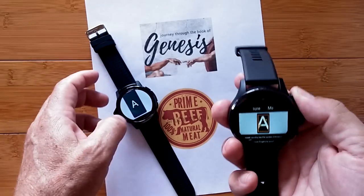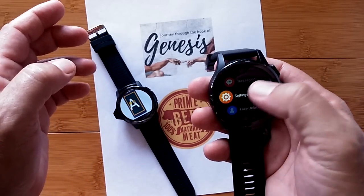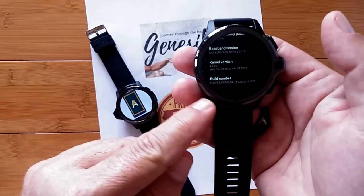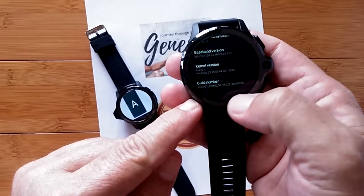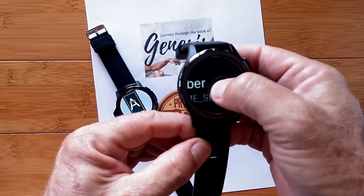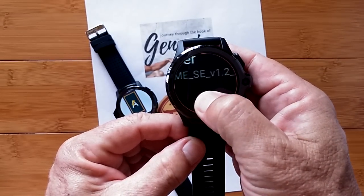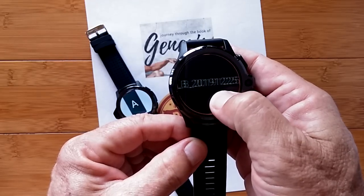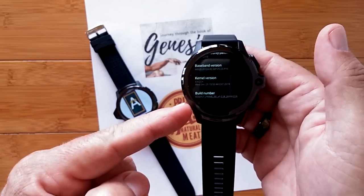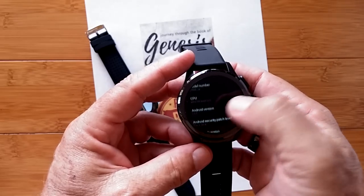But it does allow you, whenever you're in someplace, for example, into your settings, and all the way down to about the watch, and all the way down to your build number. I'm always telling you guys, check your build number. Well, you can triple tap, boom, boom, boom, and hold. And now you can slide around and read your build number. Kospet PRIME SE, this is the SE version, 2019, December 25th. That's the build number. I mentioned before, that's why we have so many Santa Claus screen watch faces on here,